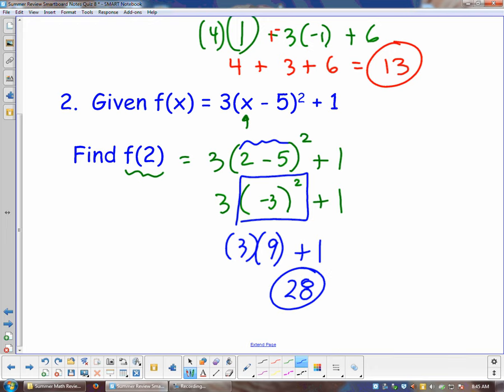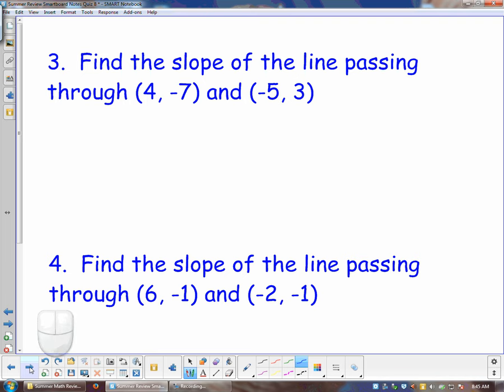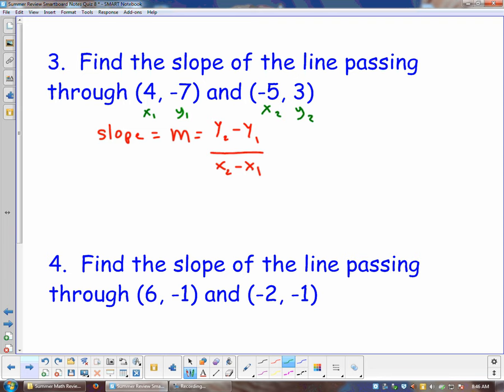All right, let's take a look at example 3. Again, you know that at any time if I'm going too fast, you should just stop, pause, rewind the video. Find the slope of the line that passes through 4, -7 and 5, 3. So remember the formula for slope, we use the letter m to represent slope, and the formula is y2 minus y1 over x2 minus x1. And in this case, if we call this x1, y1, and we call this x2, y2, then we will be